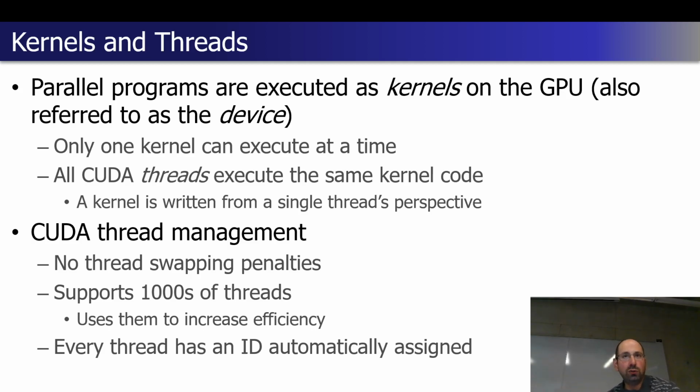So each fragment shader and each vertex shader are already written from a single vertex or a single fragment's perspective. While they can be executed in parallel, they don't need to have any actual knowledge about what the other neighboring vertices or fragments are up to. That restriction is kind of natural in the rendering side of things. Now that same restriction, because it's using the same exact architecture, is also in place for the GPU compute side of things. You have this kernel, you're executing thousands, hundreds of however many threads in parallel, all executing that same block of code. So now that kernel, when you write it, it has to be written from a single thread's perspective. It is not generally aware of what the other threads are going to be doing.